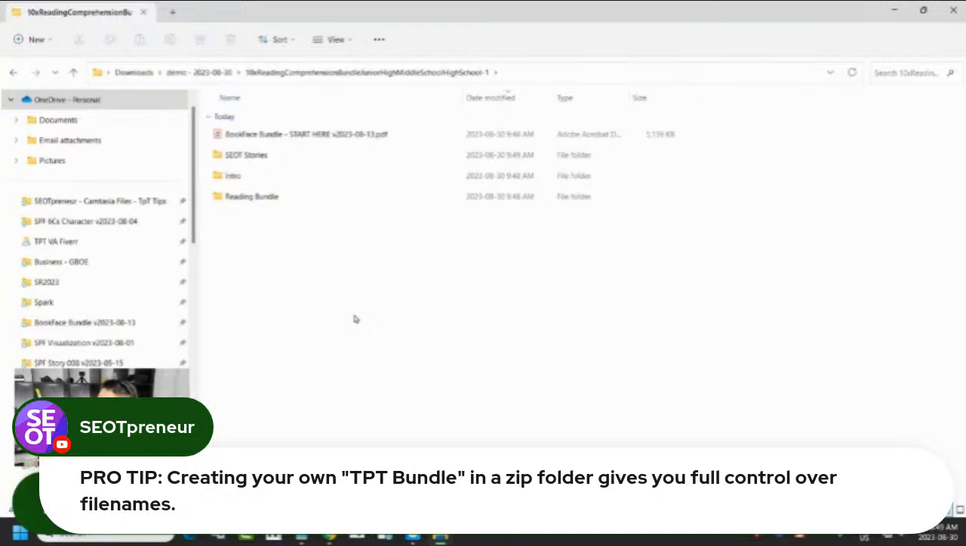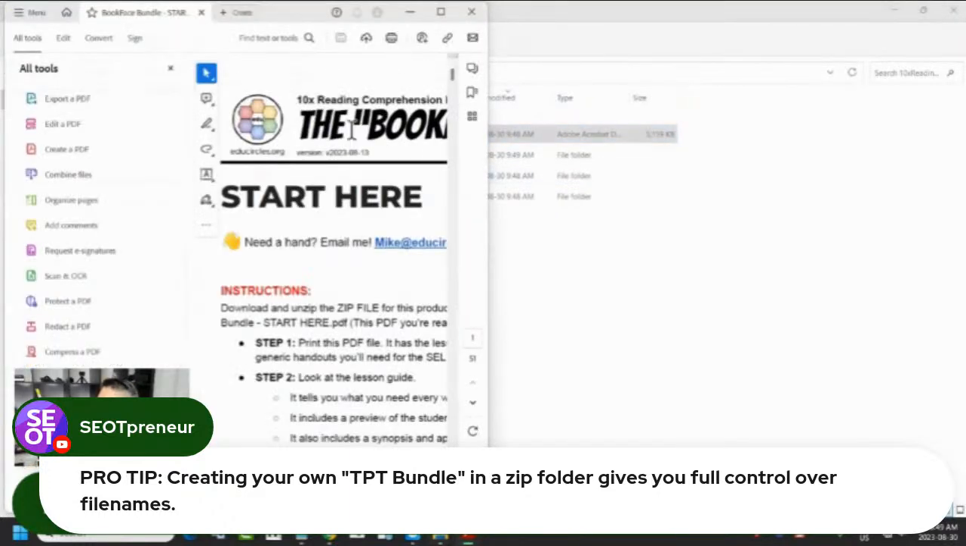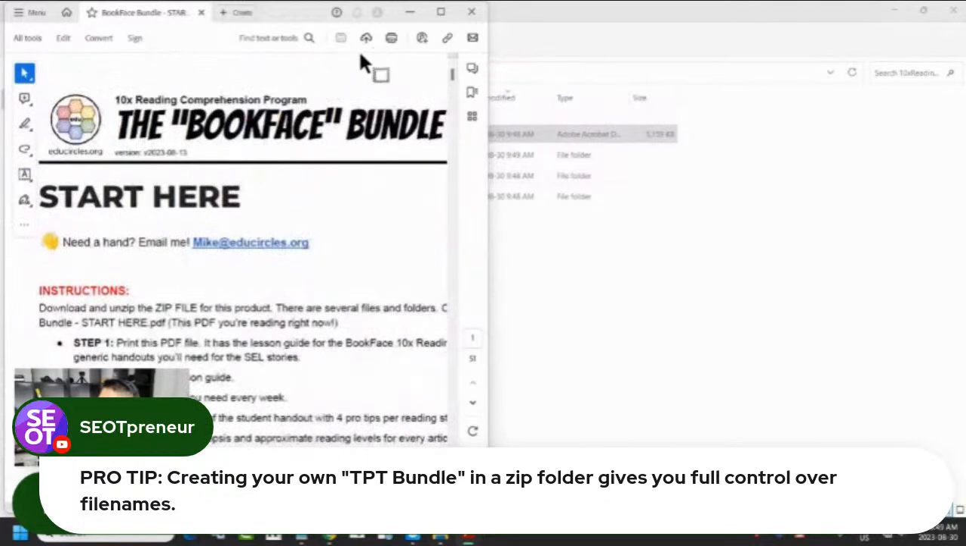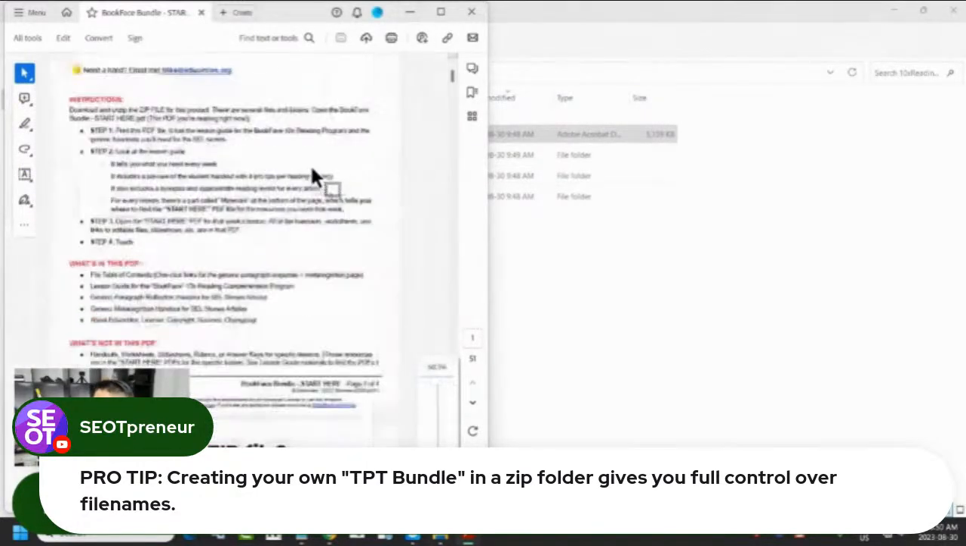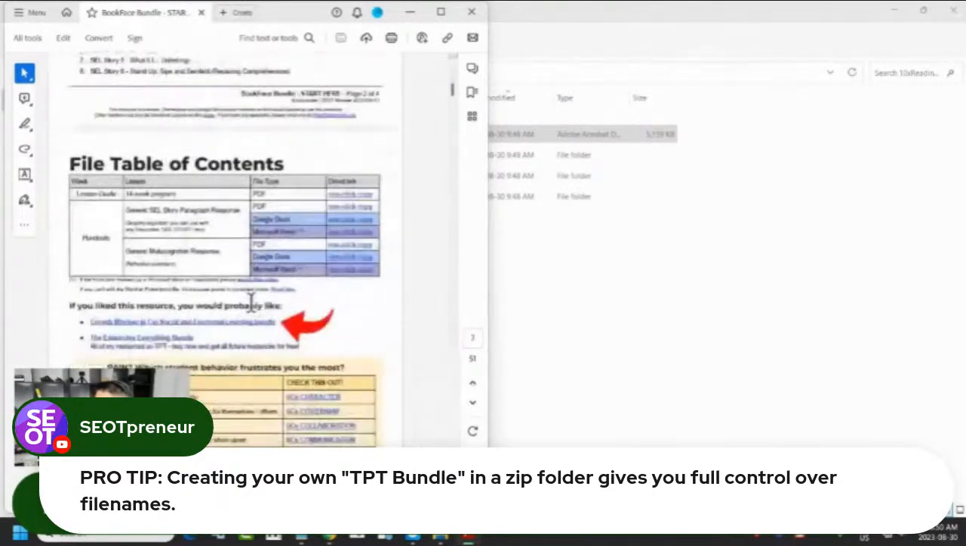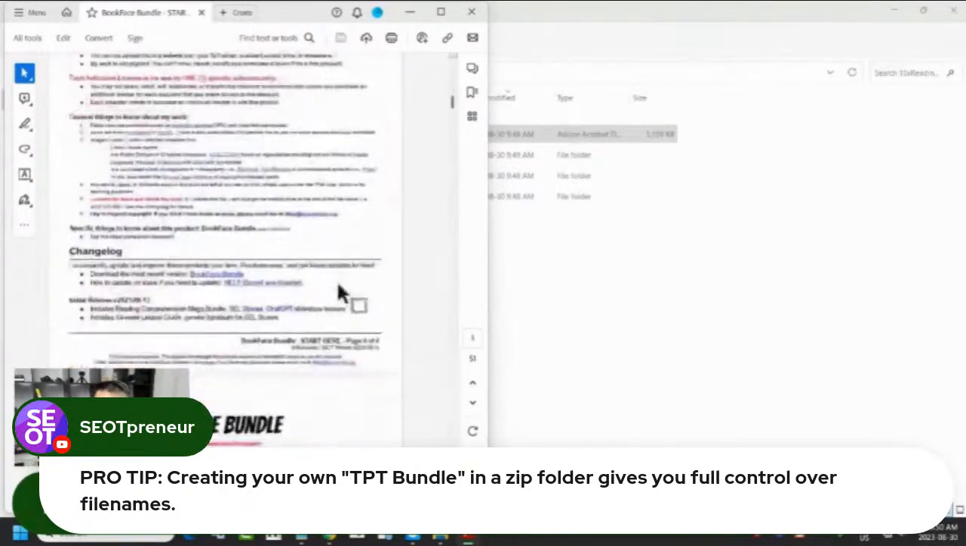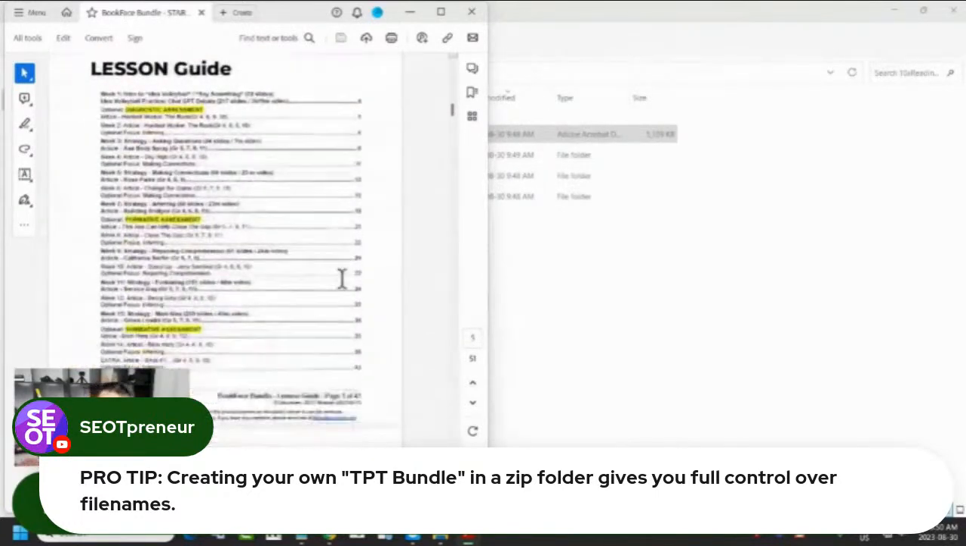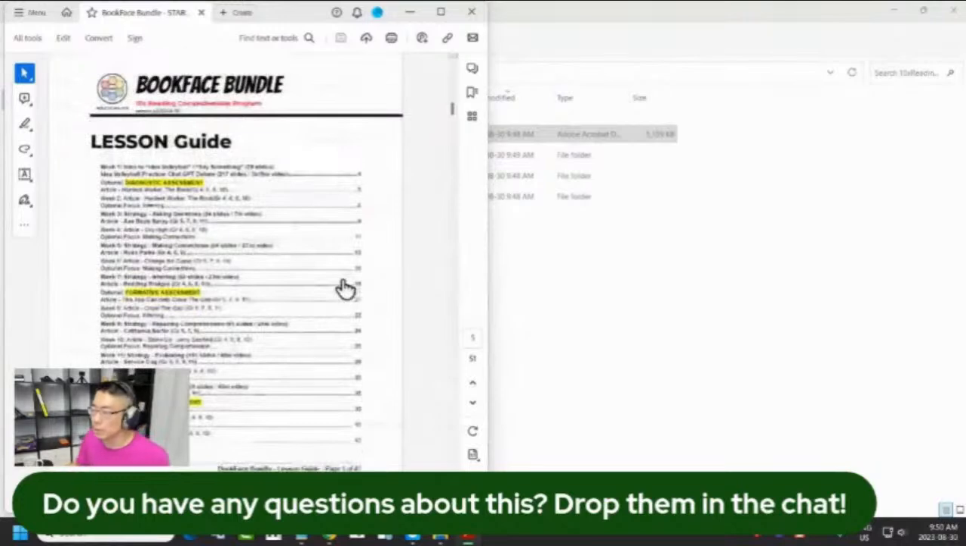So the reading book face bundle that I have here, I have this start here PDF, right? I don't like the new Apple or the new interface for Adobe. I'm not used to it yet, right? But basically here it is, explains how to do it, what's in the zip file, and then here are the quick links that I have here. And then here, this is what the new value in the book face bundle is. It has this PDF,